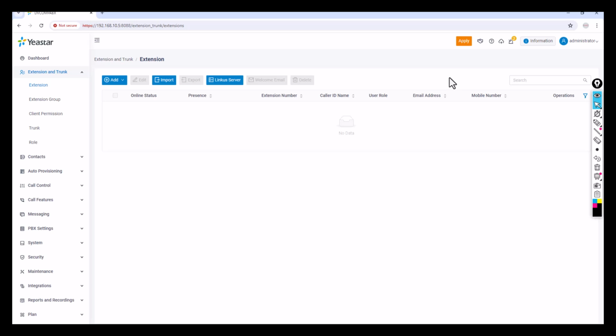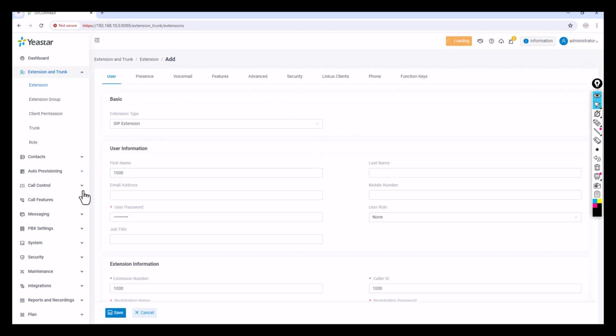The moment you delete, you can see there is an Apply button. Always remember, guys, whenever you make any changes in your PABX, always click on Apply. Only then will those settings get saved. Now if you click on Add, you can see something surprising: it again starts with 1000. That's the surprise here. But how is it going to start with 1000 again? Why? You can see here the default settings.